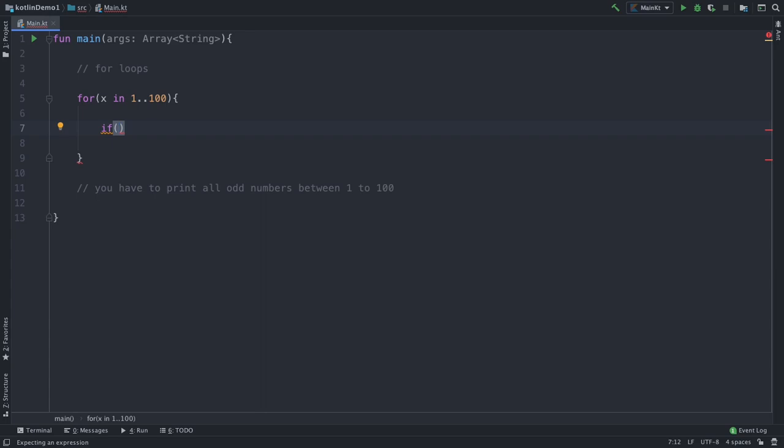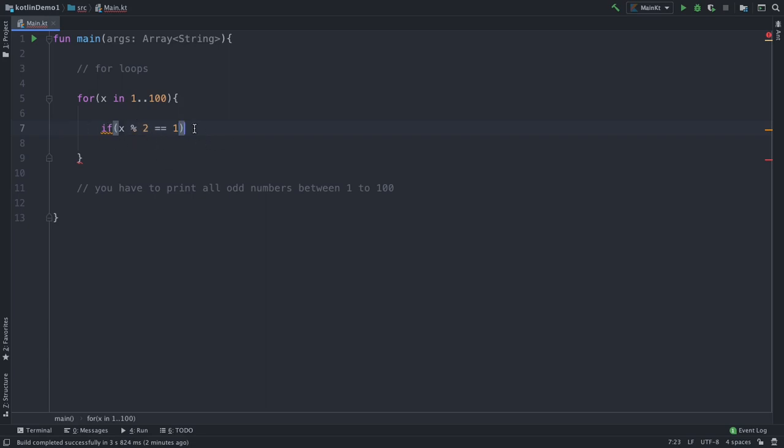Let's say we are on the current element x, and x modulo 2 is equal to 1. If we are on 9, then 9 modulo 2 is 1, because 1 is the remainder when 9 is divided by 2. Modulo stands for remainder, right?